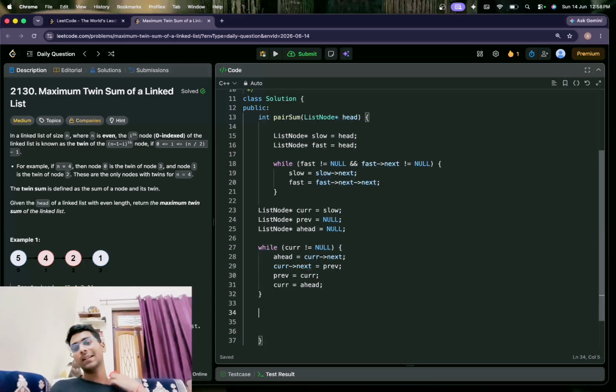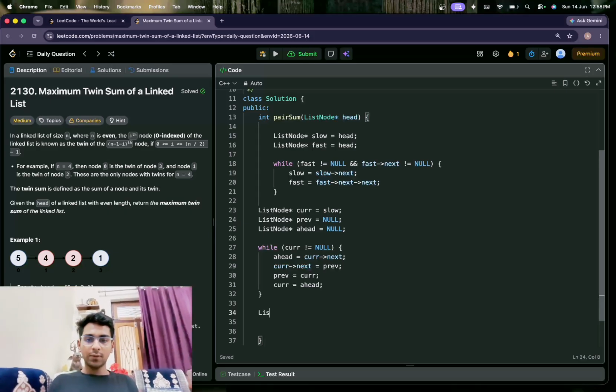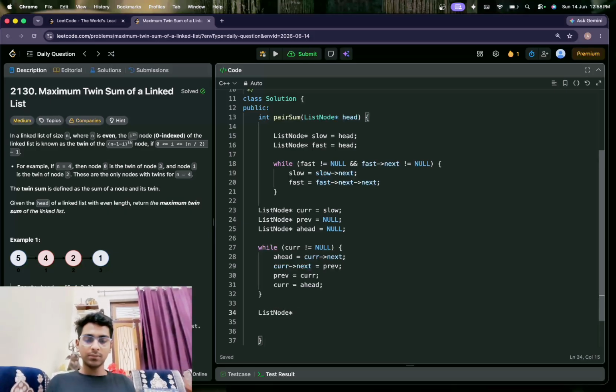We have reversed our linked list, and now I'll create one pointer that starts at start, and that will store the value of head.